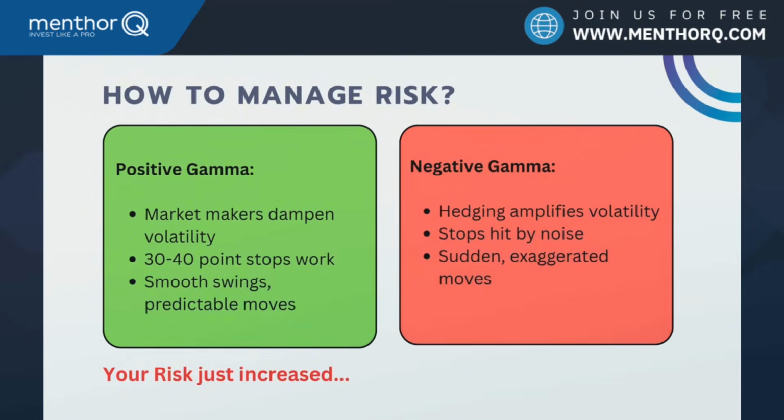So what does this mean for you, right? So you've been trading with 30, 40 points with a 3-to-1 risk reward. This means that this shift into a negative gamma positions means that your risk just increased without changing anything, right? So the stop loss that worked for months, in a negative gamma environment maybe it's not gonna work and it's gonna actually trigger your stop loss more often because this just creates noise. Your take profit target may not be hit in the same smooth fashion because those swings are actually wider and less predictable. So if you trade with the same size and the same stop, you're essentially taking on more risk than before, whether you realize it or not.